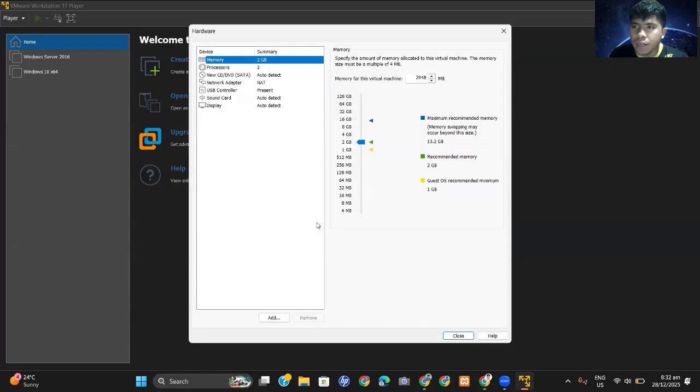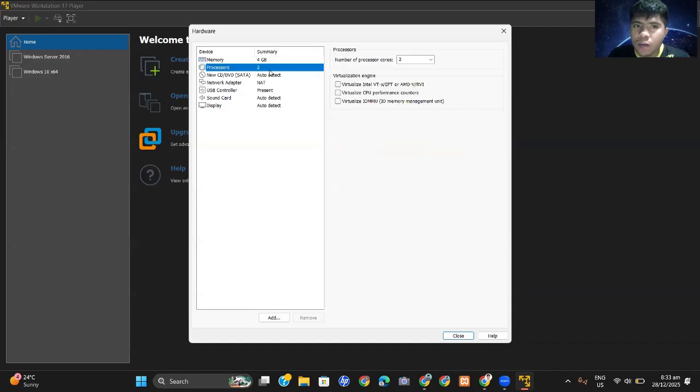Then we need to customize the hardware. Here in the hardware part, we can set the memory to 4 gigabytes. You can set it here or simply type the memory. For the processors, we need to select 4 here.